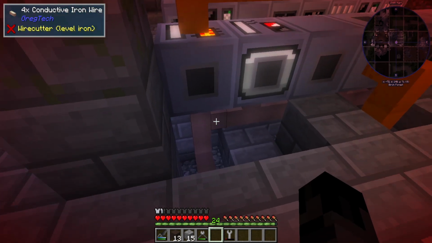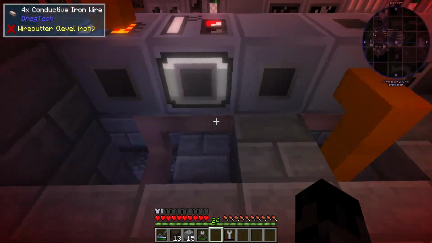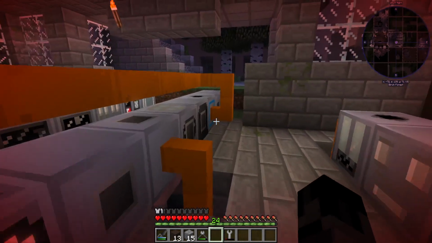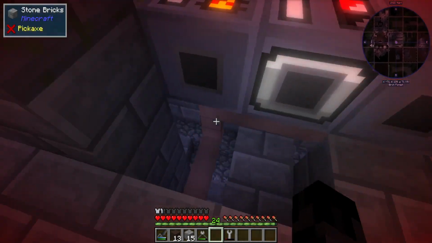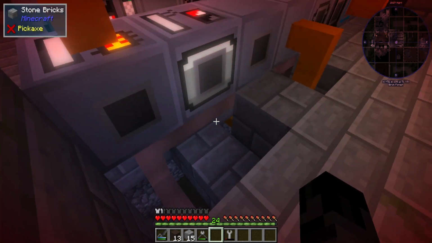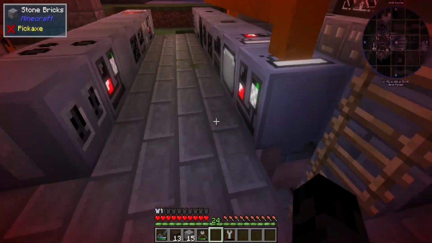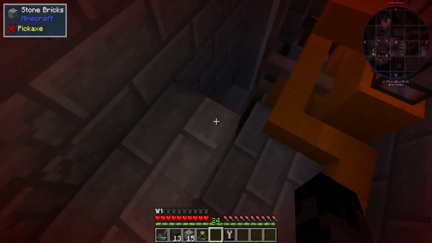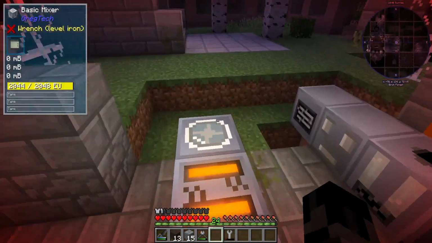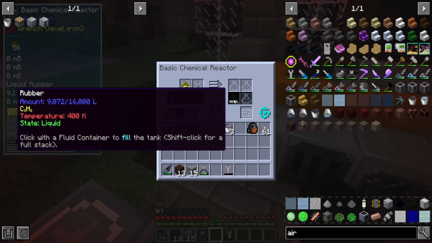We could have the energy going into these machines, and we could have the same pipe right through that wiring right there, and we could have, for example, the extractor pushing fluid into the assembling machine all within the same block, essentially. So that'll be nice once we get that set up. It'll unclutter things a little bit, make it more streamlined, I guess, if you want to call it that. I'm probably going to get more rubber because